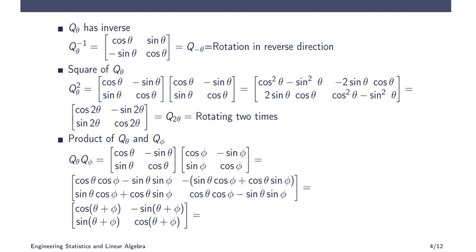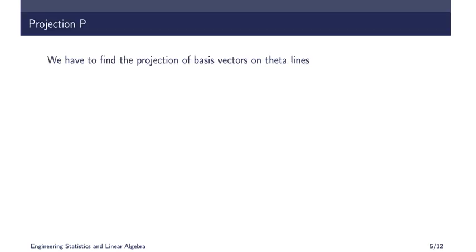So if you see that, that will be cos(a plus b), this is minus sin(a plus b), so this is sin(a plus b), cos(a plus b). So what we have done is, this cos minus sin, sin cos is actually a rotation matrix. So the rotation is of angle theta plus phi. If you do a rotation by theta and another rotation by phi angle, the total rotation is theta plus phi. So I can write it as Q of theta plus phi, or it is rotation by an angle theta and then rotation by phi angle.